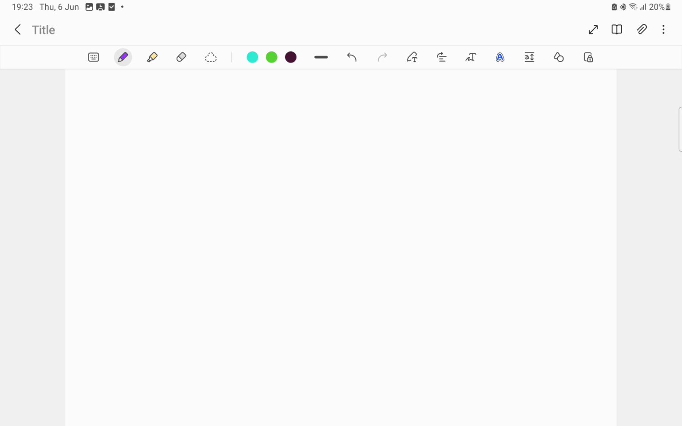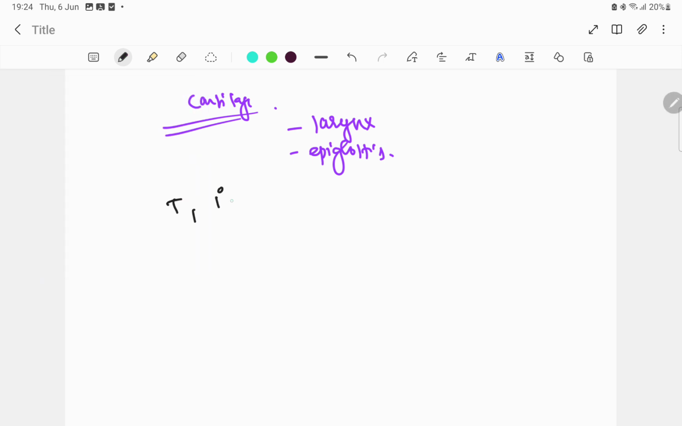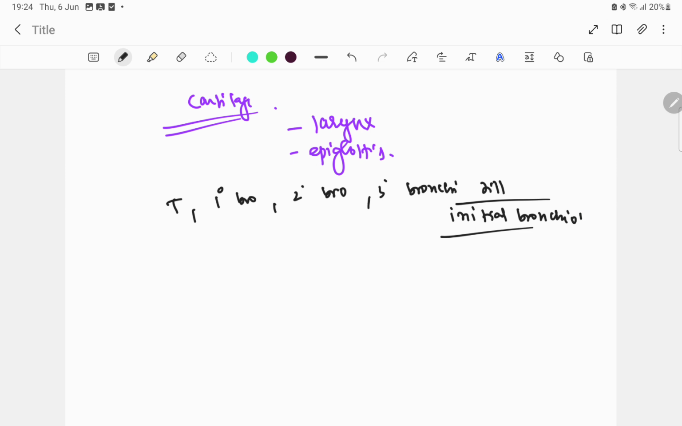Now some factual points we are going to discuss here. So what are the cartilages? Where all cartilages are present? Very important. Larynx is a cartilage. Epiglottis, as we discussed already, that is a cartilage. One more line is there, very important. Trachea, primary bronchi, secondary bronchi, tertiary bronchi, till initial bronchiole. This till initial bronchiole is very important. This entire area is supported by